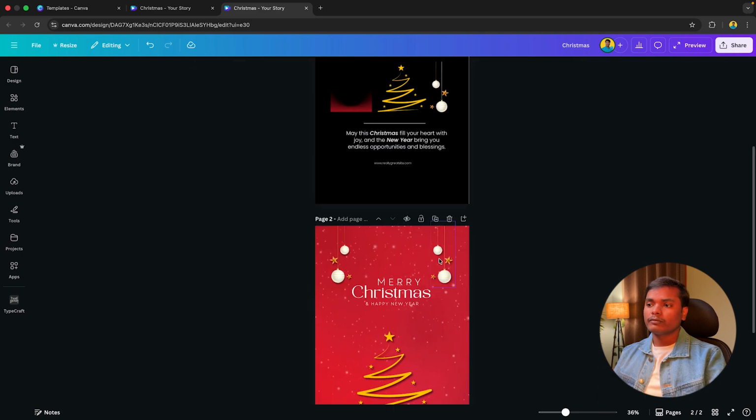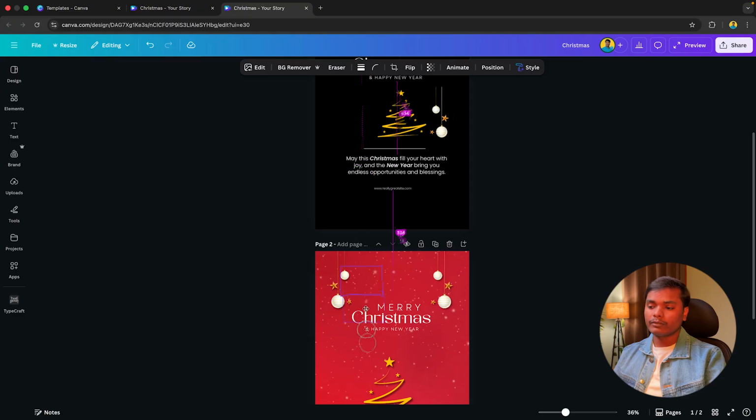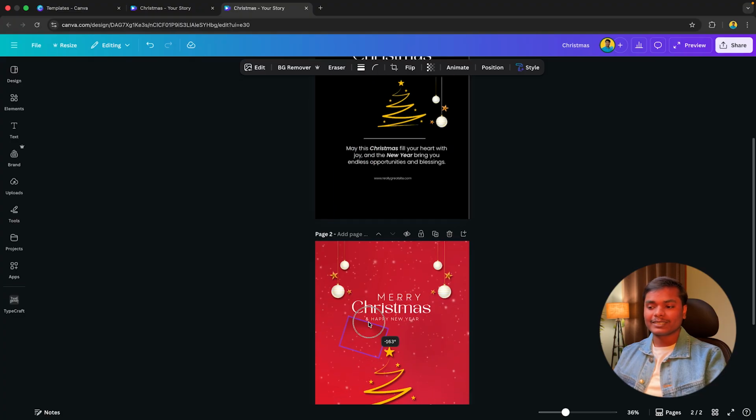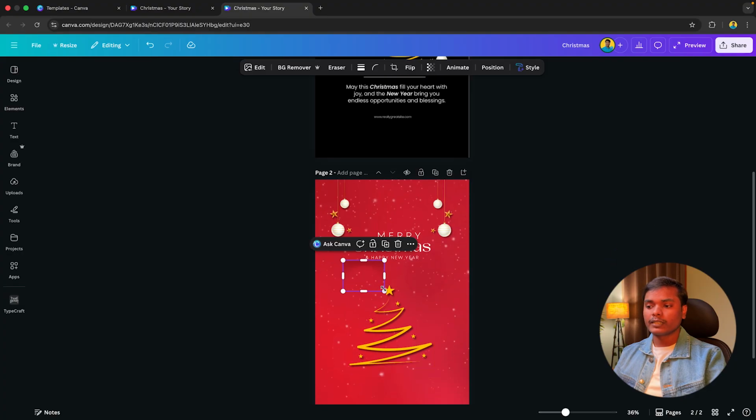We can do it, but we are going to use this gradient. I will just place it here. Don't worry, I have shared this gradient with you also. In the asset file, you can access it. I'll just make it like this. I will zoom it and I will place it something like this.